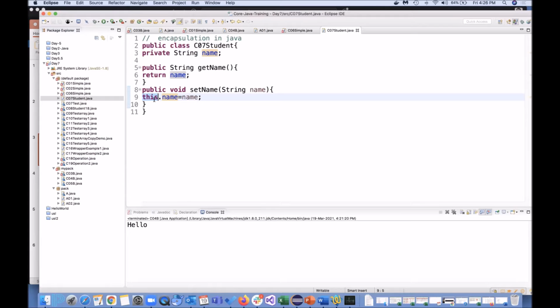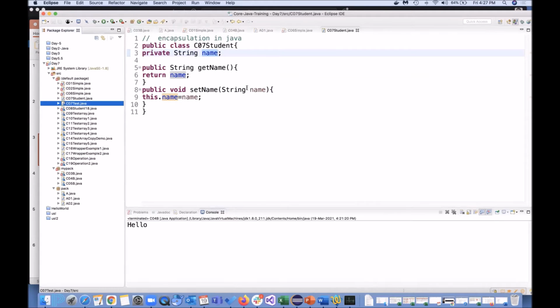If it is S1, it will become S1. If it is S2, it will become S2. If it is student 3, it will become S3. So this is how we achieve encapsulation in Java, and then you can have name, ID, address, everything. Okay, we'll be moving to the next one.